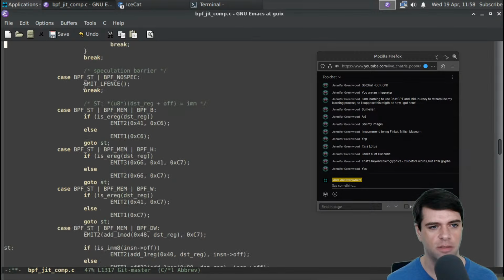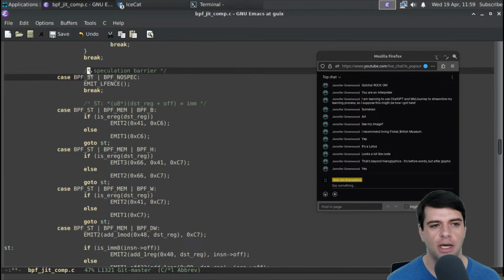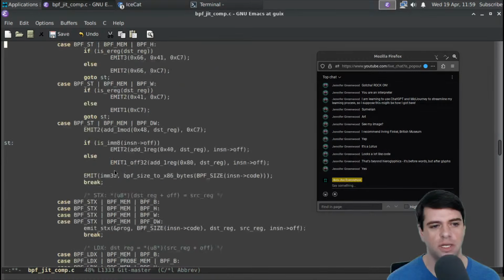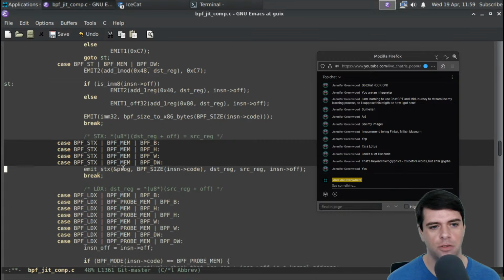How about something simple like the speculation barrier? So this might be for speculative execution, Spectre prevention. So if the code is a BPF code, it's called BPF ST, or a BPF no spec. And we're going to emit lfence. And so this is the big switch statement that I guess is translating